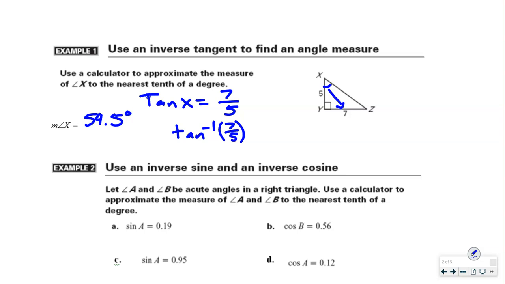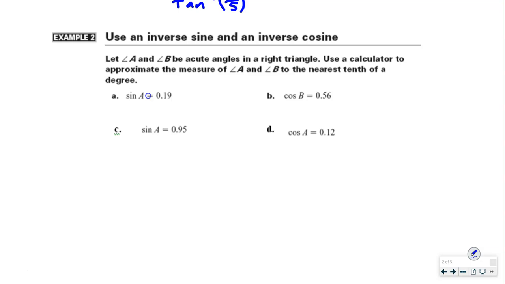All right, example number 2. Using an inverse sine and inverse cosine. Let angle A and angle B be acute angles in a right triangle. So if we know we've got a right triangle, we're assuming these angle A and angle B are just acute angles. Use a calculator to approximate the measure of angle A and angle B to the nearest tenth of a degree. So letter A, we have sine of A equals